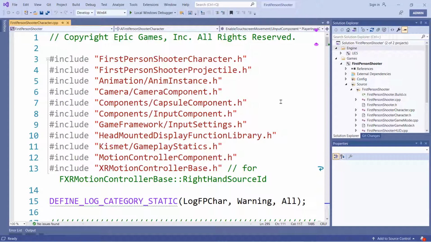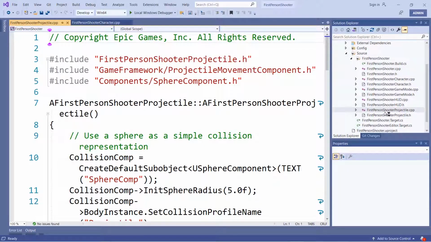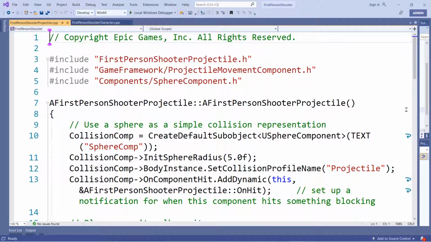And next up, we are going to open up the projectile file here. First person shooter projectile.cpp. If you called your project a different title, then that project name will be here followed by projectile.cpp. Here I've also increased my font size for you. And at any point you can also drag around windows like that, and you can rearrange the windows in